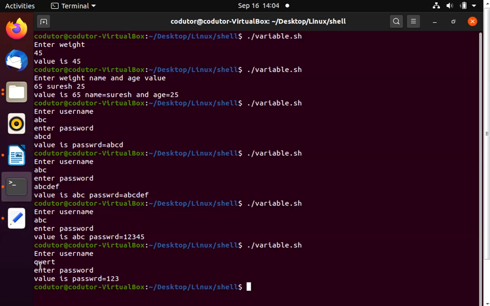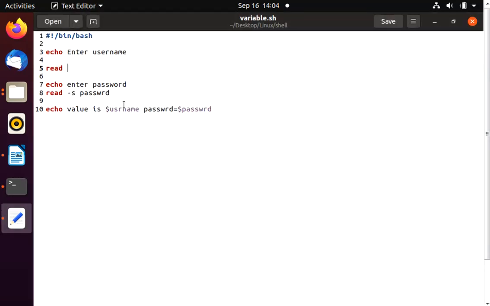So it is not printing here because we have not provided a variable to store the username, right? But there is a variable that stores that value inside it, and that variable name is REPLY.